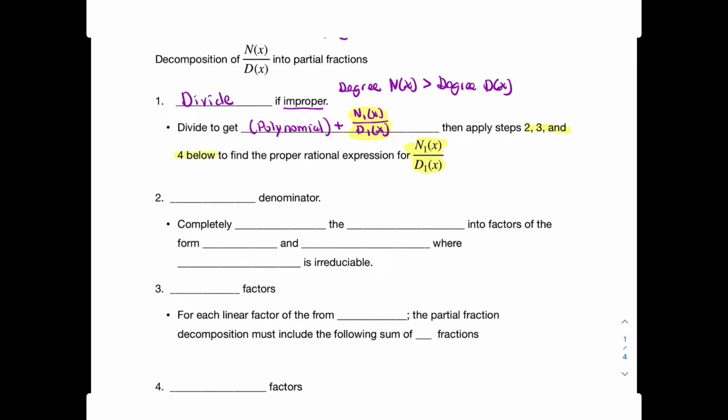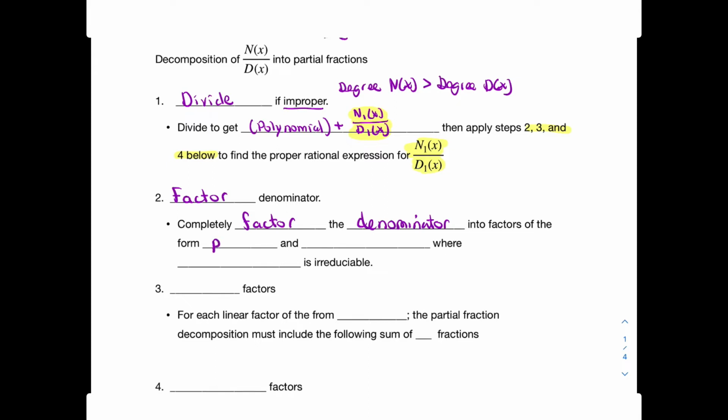So what is the partial fraction decomposition process? First thing you have to do is look at your denominator and factor it. You have to completely factor the denominator into factors that are linear or quadratic, as long as the quadratics are irreducible. So we're going to factor the denominator into factors of the form